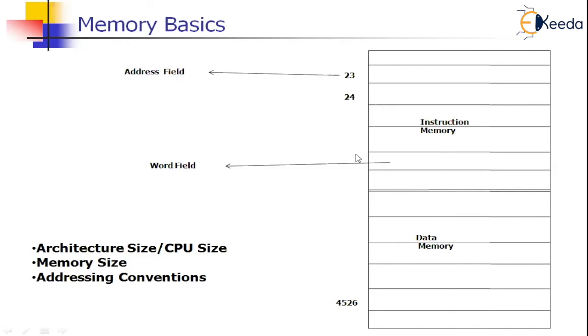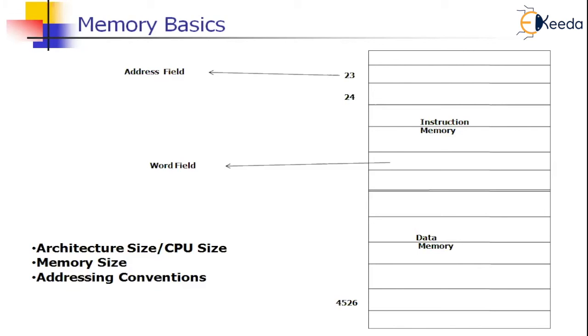But when it is byte addressing, this word will get 2 addresses: 0, 1. This word will get 2 addresses: 2, 3. This word will get 2 addresses: 4, 5. This word will get 2 addresses: 6, 7. But in word addressing, every word will be given an address, which means that in byte addressing,